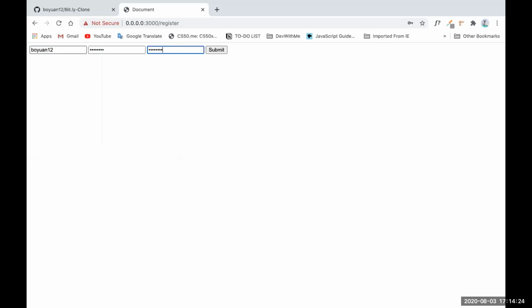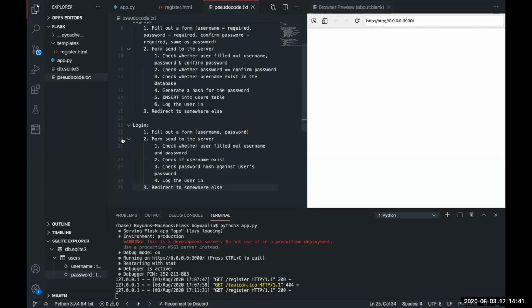Okay. So now we'll go ahead and implement our sign up. So what should happen when the form actually gets submitted? Well, the first thing we need to do is go back to our pseudocode. The first thing we need to do is actually check whether the user filled out these things or not. So here we can just say,